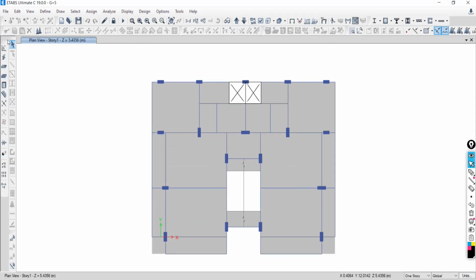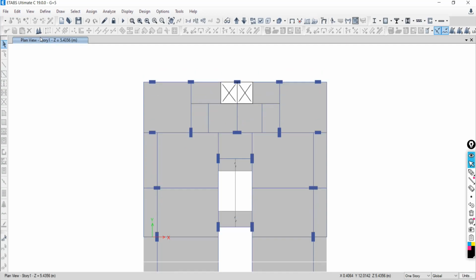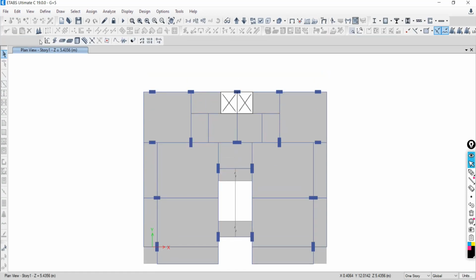You can adjust the window as per your requirement. It is understood how you can adjust this? Yes, sir. So this is the way how you can adjust the quick access bar. Okay, so this is done.